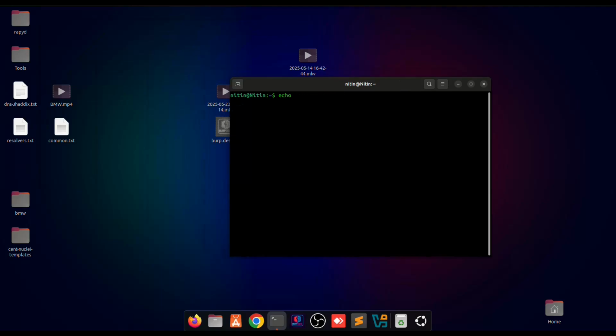But we already have some URLs for this BMW program, and we have done the recon process live, so you can watch how we got all the URLs. So we will go to desktop and then BMW. Here we have the URLs, that is urls.txt.